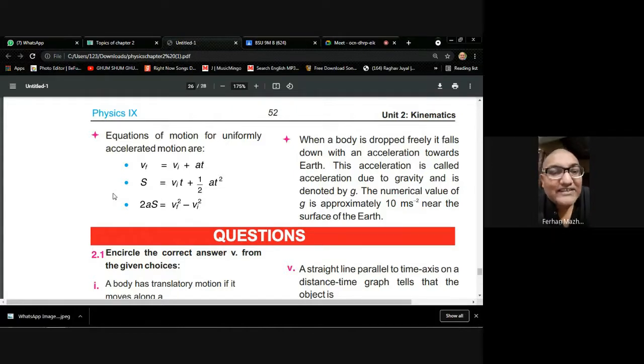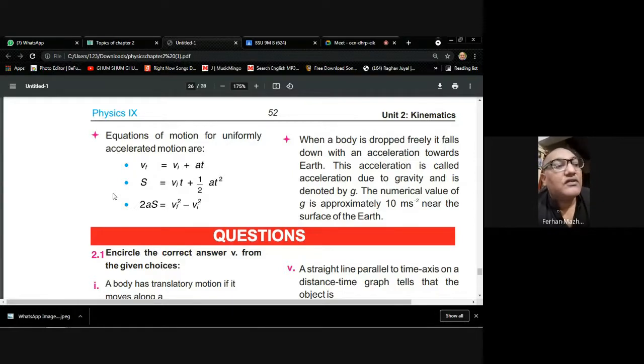These three equations are used when there is acceleration in the body, meaning the velocity is changing. But to apply these equations, it is a must that the acceleration should be uniform. And luckily in your syllabus, in all the numericals, the acceleration will be uniform. So you don't have to think too much about this. But the one thing which you should understand is that I can apply the formula distance is equals to speed multiplied time only